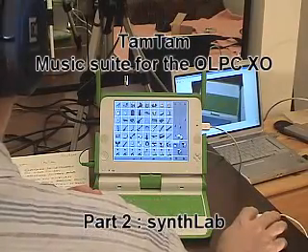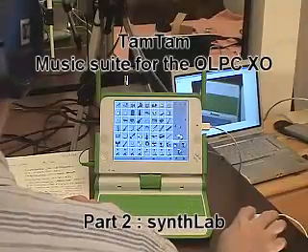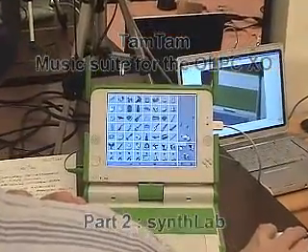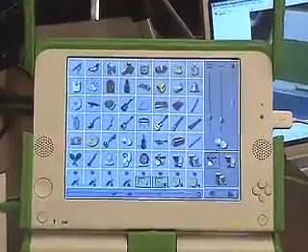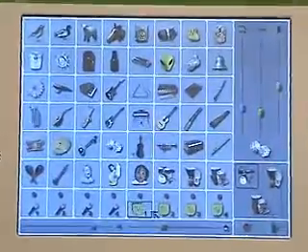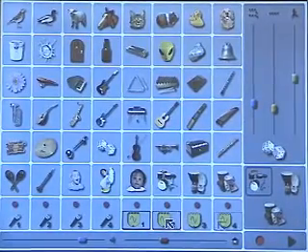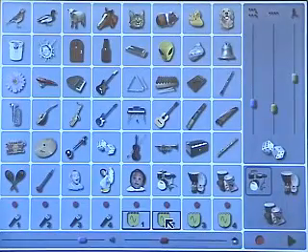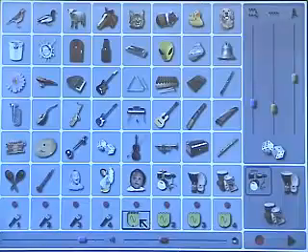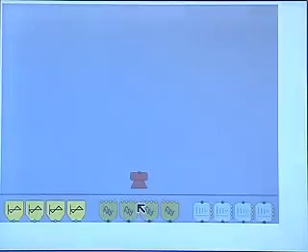This will be a demonstration tutorial on Synthlab, which is the second part of the TamTam suite of music applications for the OLPC XO computer. To start Synthlab, you start it from Mini TamTam and you select one of the four icons that correspond to the four slots that you have available in Mini TamTam to play Synthlab made sounds. So you select one of them and hit the small red button at the top, and this will open the